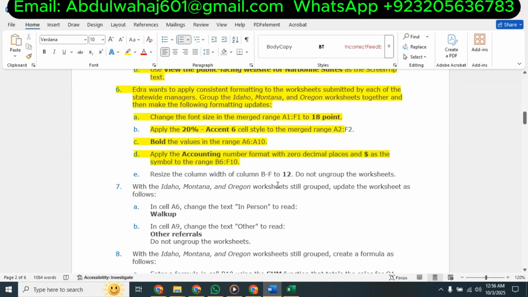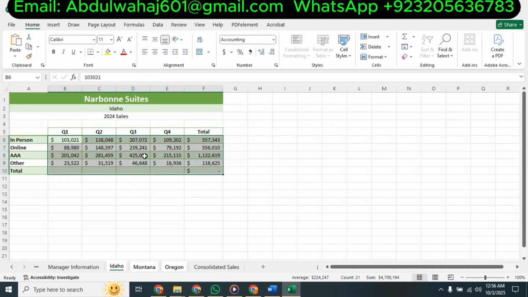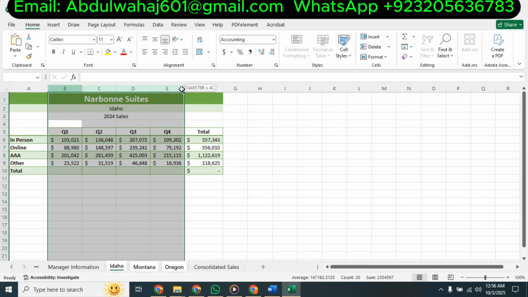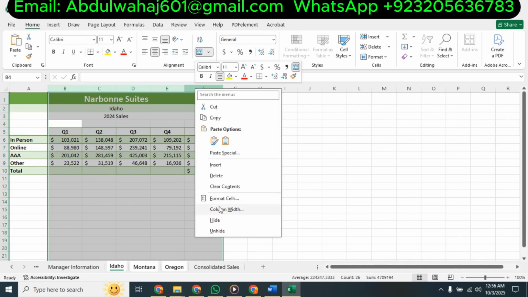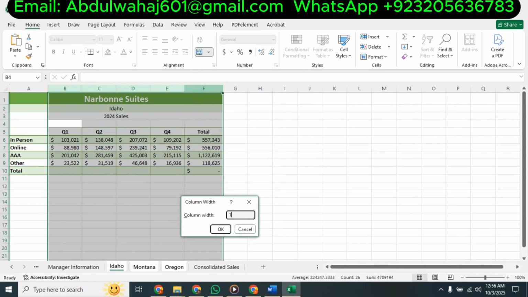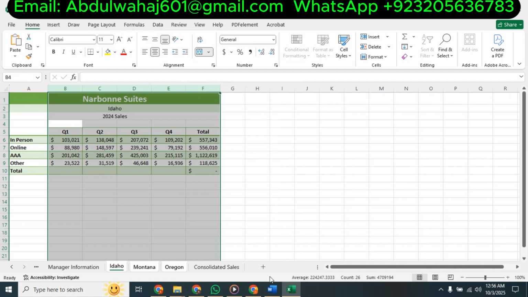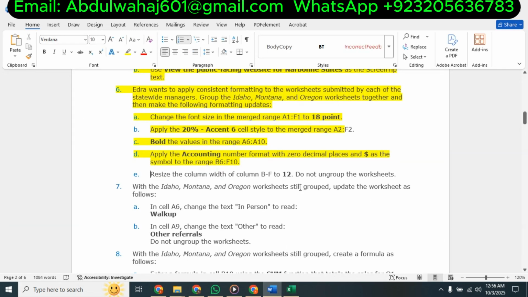Now resize the column width B to F to 12. So just select the range B to F. Both these columns have been selected. Right click, go to Column Width, and write 12, because we need to change the width of these. Do not ungroup the worksheets, so these are still grouped, with the Idaho, Montana and Origin worksheets grouped together,